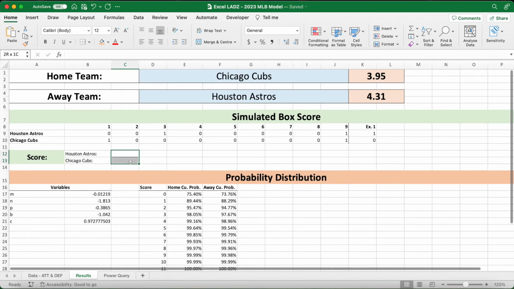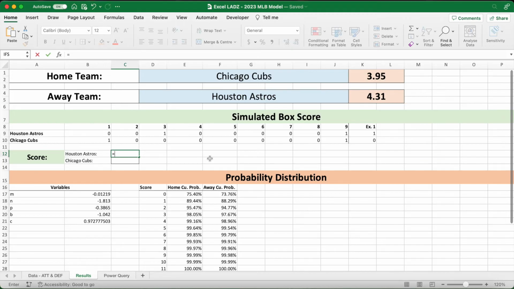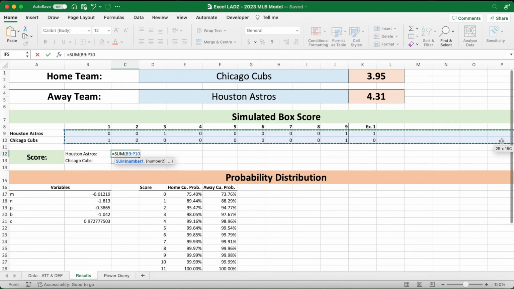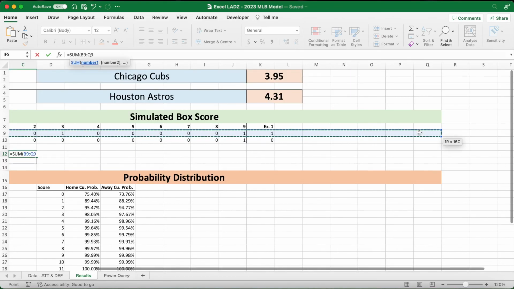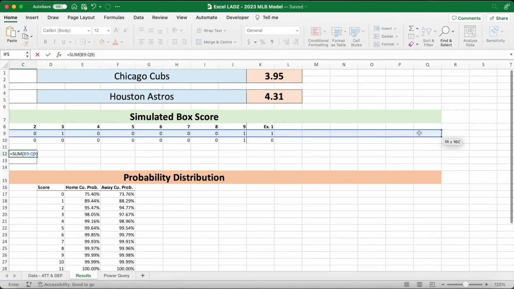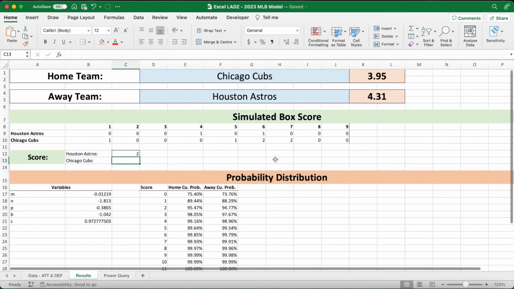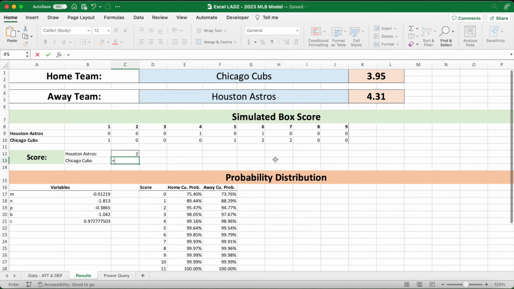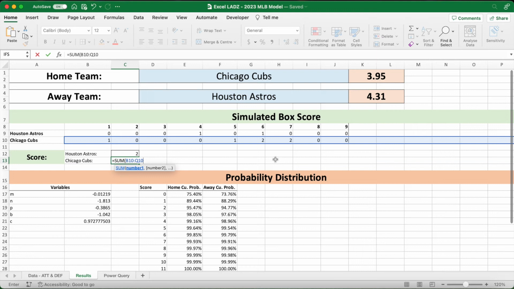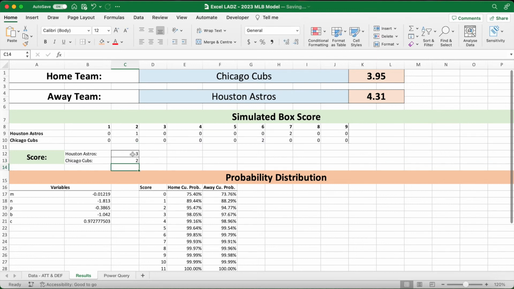Now that we've done that, we can compile the final score from each simulation in the cells we've designated in C12 to C13, and that's just a quick sum formula, equals SUM B9 to Q9 for the away team, close bracket, press enter, and we can see in this simulation the Astros have scored 2 runs. Do the same for the Cubs, but this time it's row 10, so B10 to Q10, close the bracket. And we can see in this simulation the Astros have won 3 runs to 2, which you can manually verify up here. 1 plus 2 is 3, 2 plus 0 is 2,